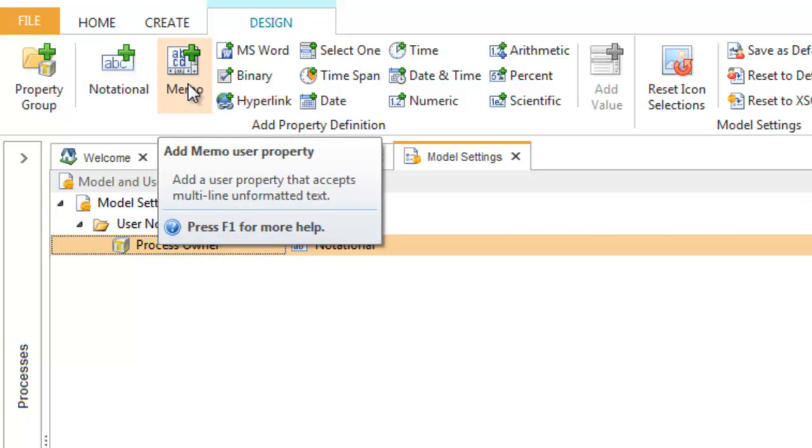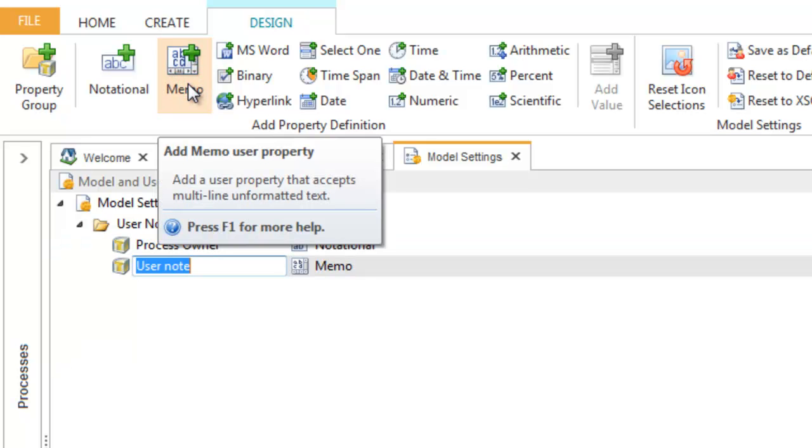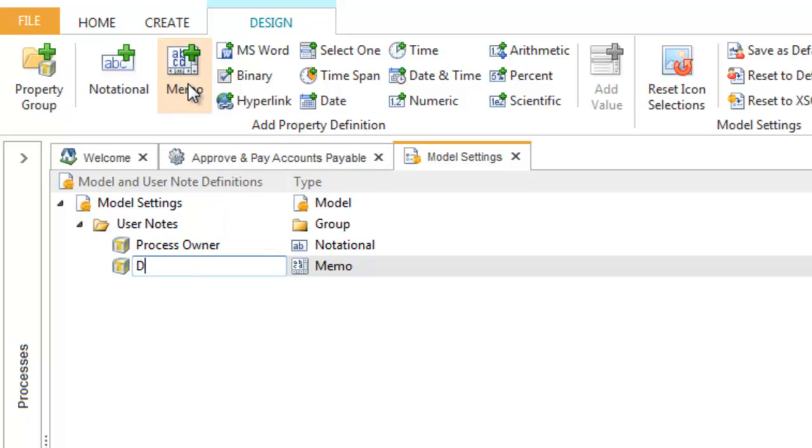Memo Notes are like Notepad. They enable the capture of multi-line text, but have very limited formatting. We will create a memo note called Designer Notes, so that the person undertaking the mapping can quickly capture note information associated with work they need to do in the future,